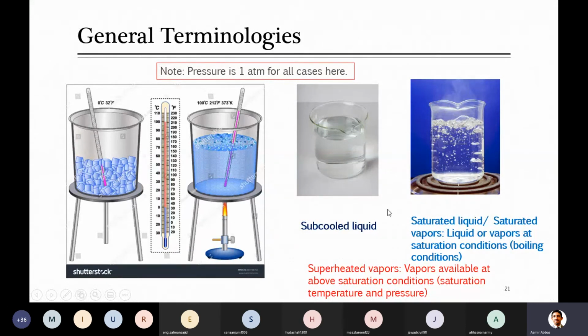Let me give you an example. I told you that these vapors were formed at 1 atm and 100 degrees C. And if I tell you that later on I took those vapors away and increased their temperature to 110 degrees C, and my surrounding pressure is 1 atm, now can I call them superheated, or are they still saturated?